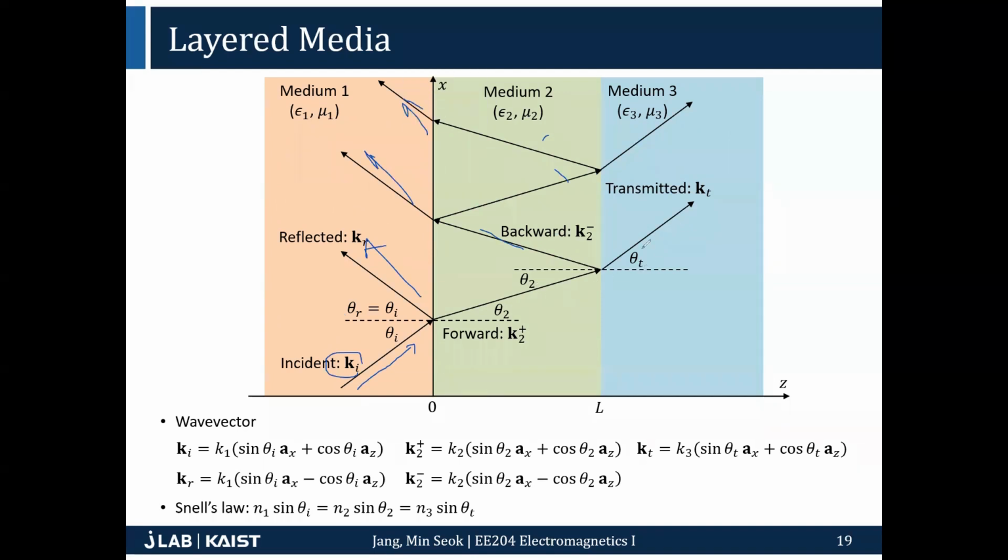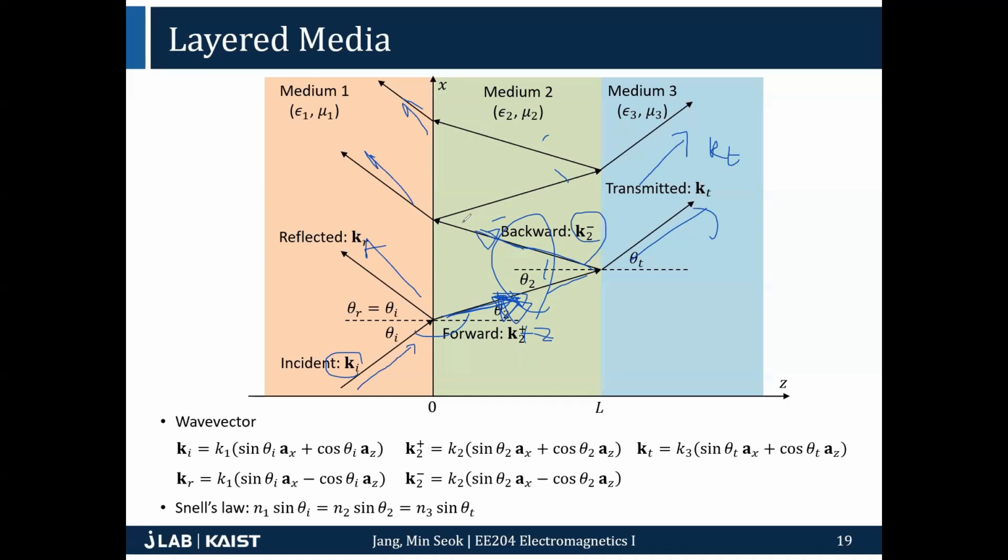And similarly, all the transmitted light have the same k vector. And what's inside is determined by Snell's law, right? The k vector k2 is determined by Snell's law, the angle. And then reflection doesn't change the angle. So you have only plus z directional k2 and then minus z directional k2,